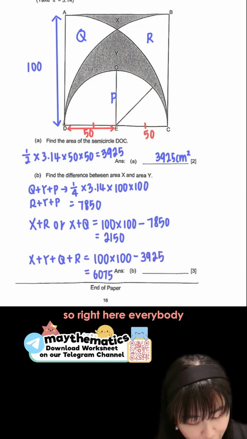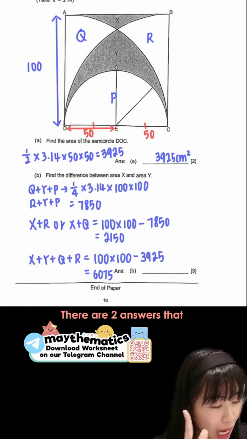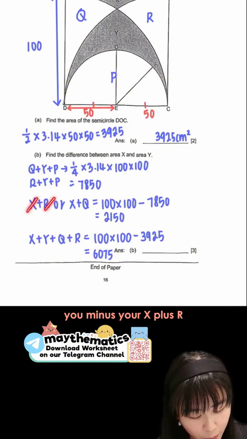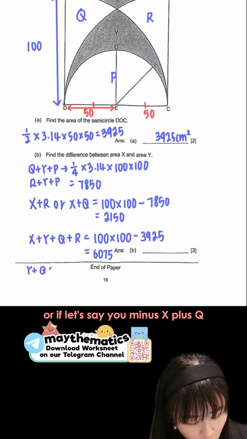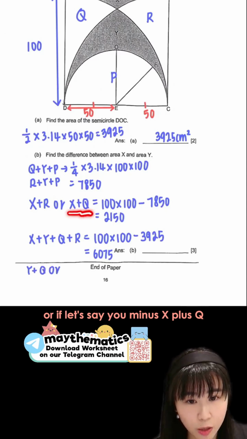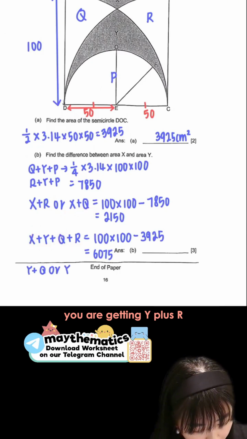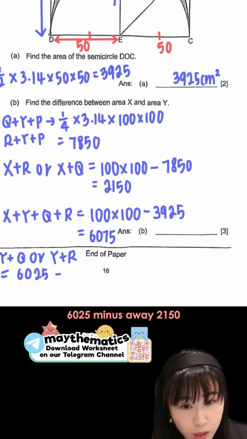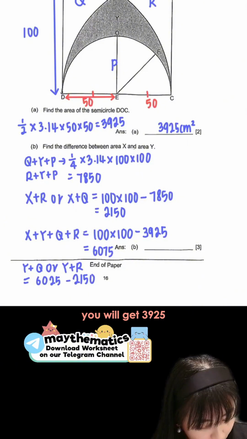Right here, everybody, I want you to look at this and this. What can you find next? There are two answers that you can potentially get. You minus your X plus R, you're getting Y plus Q. Or, if you minus X plus Q, you're getting Y plus R. Y plus R is the same thing, yeah? 6075 minus away 2150, you will get